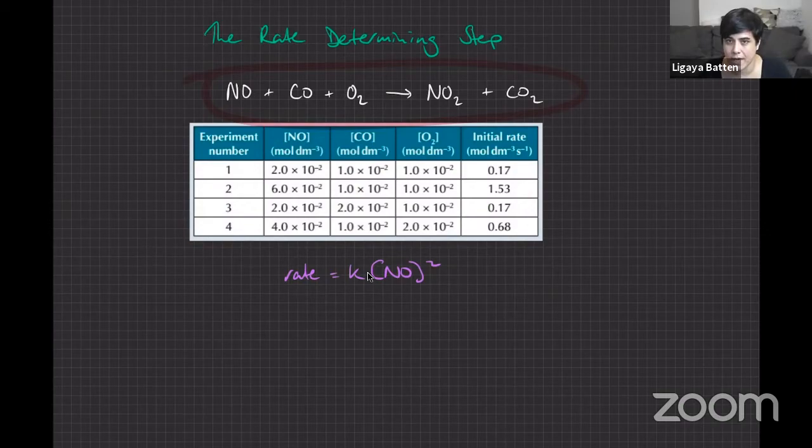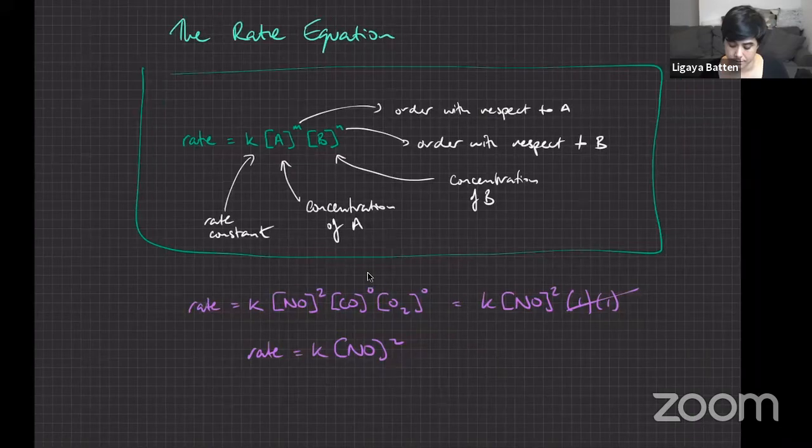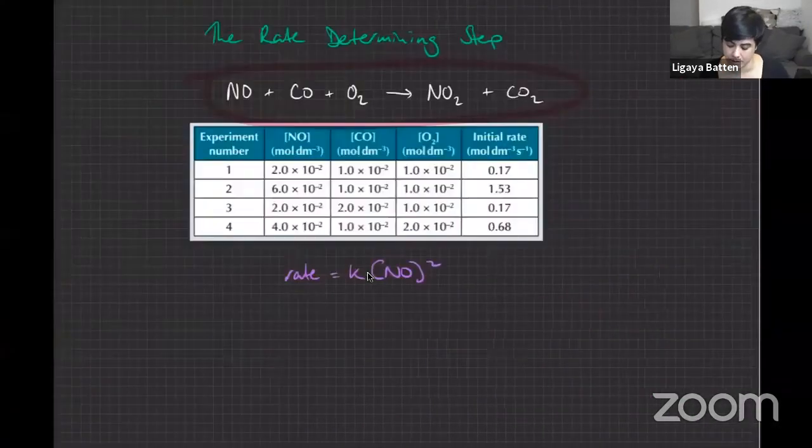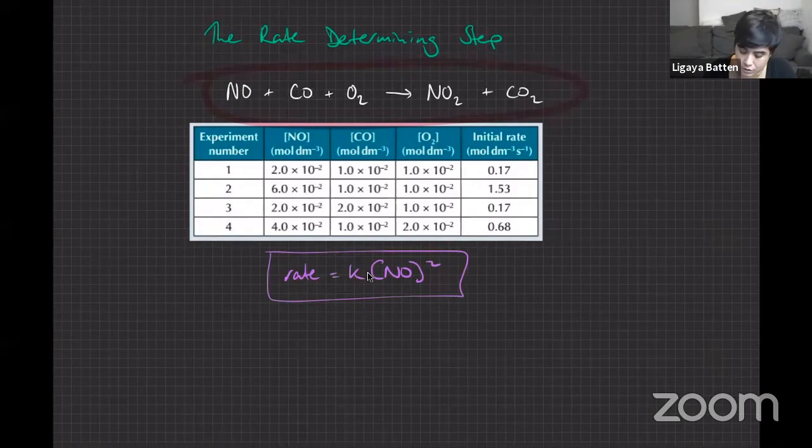And then in the same way as when we wrote the rate equation, we put the number of well, I guess we didn't, that's not quite how we did it. So right, I'll take that back. This is probably, if you remember in equilibrium, the way we did the equilibrium constant, and we used the moles from the equation to put as a power in the equilibrium constant. That's kind of what this is like here, is that what we're saying in this rate equation here is that the rate determining step has 2 moles of NO in it. So in order to write